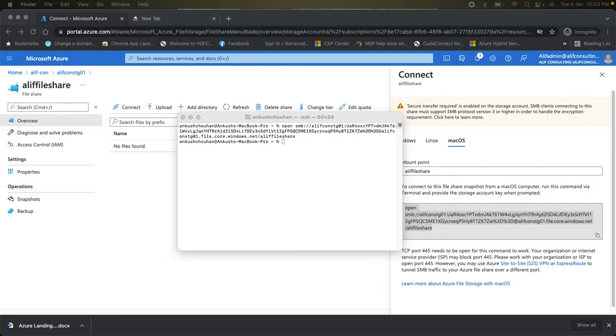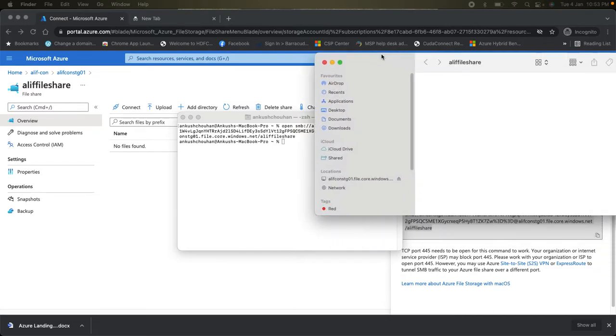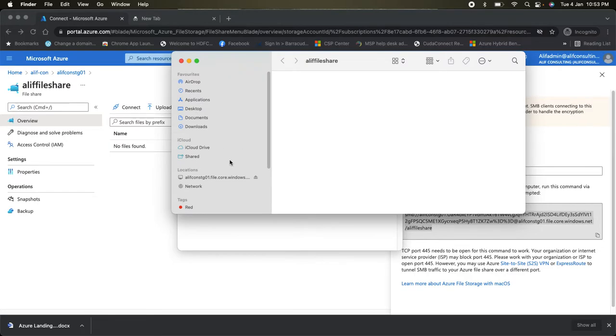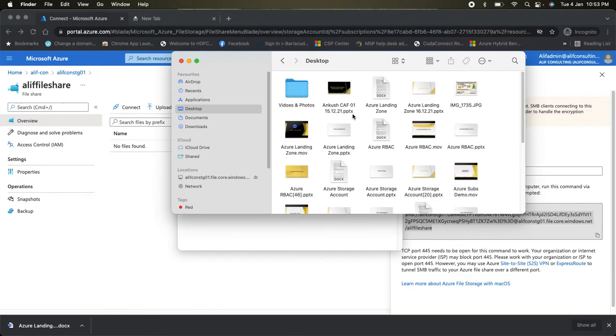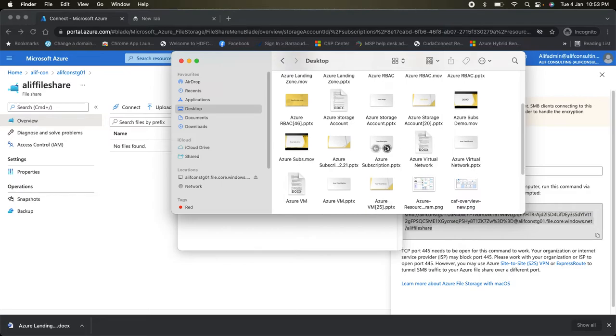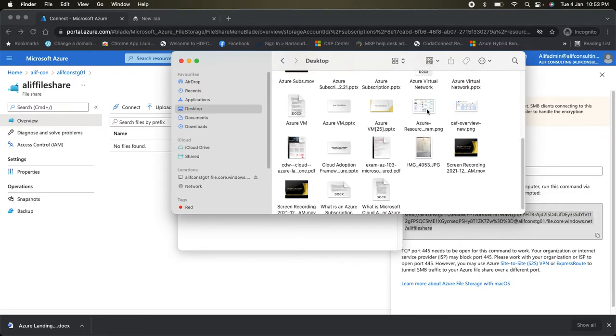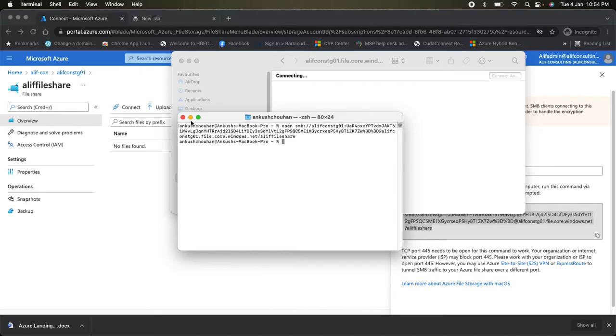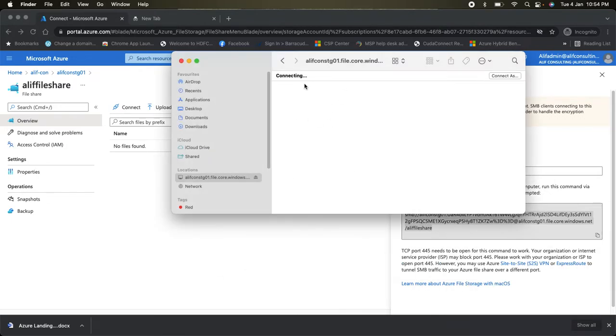And with this one, if you see, I can access my file share, and if I want to upload any kind of file, I can go ahead on my desktop, and I can copy anything. Like I want to copy this one, I can go here and paste. So this is how you can basically go ahead and create or connect it with the Azure file